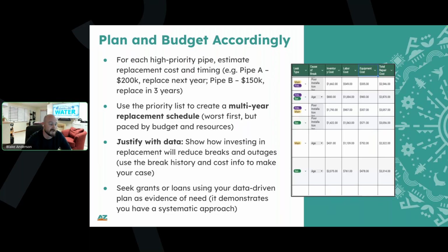They've raised rates the past couple of years, and they have a plan to continue to raise them incrementally over the next 5 years. And so they have the political will right now to do 7 years of straight rate increases just to get back to where they should be without having a lot of rate shock. And that really gives me a lot of hope and confidence that they're on the right track and kind of have a path forward and are thinking about these things the right way.